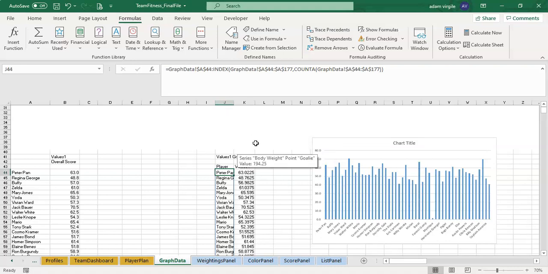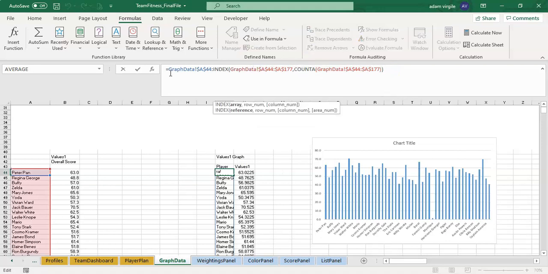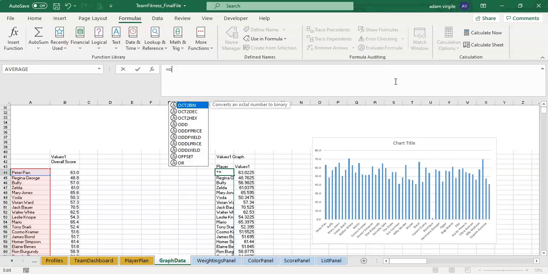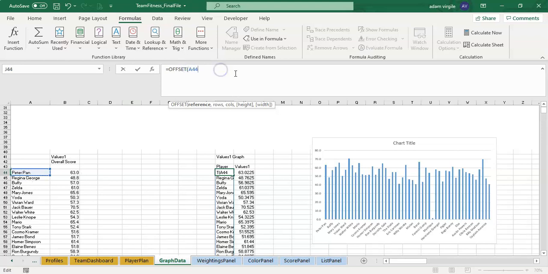less conducive to problems, is using offset. And this is what we've done in data validation before to get automatically updating lists. So we'll go equals offset, open parenthesis, this guy here, and we can lock that in, comma, countif,